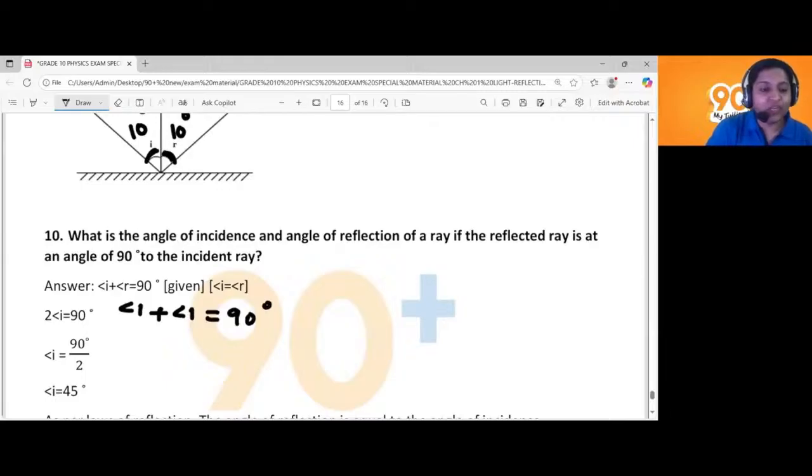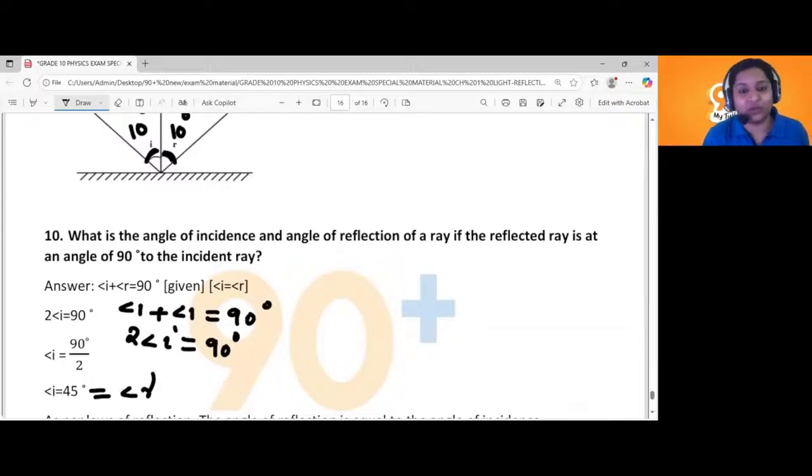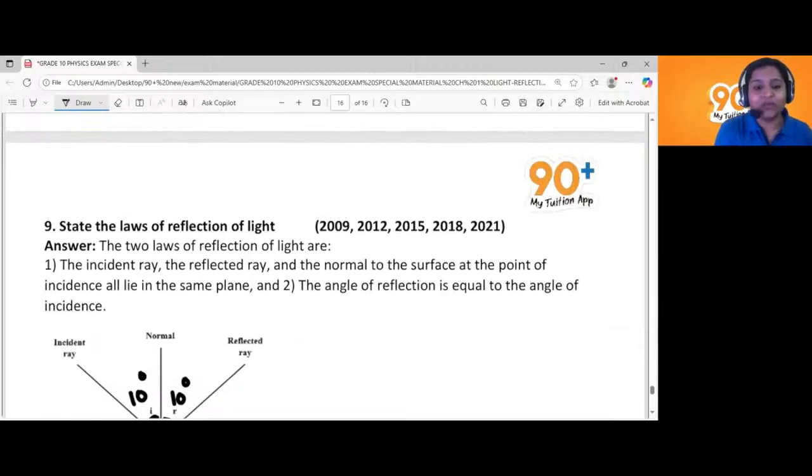Which means 2 into angle I is 90 degree. From there, it's easy to find angle I. Angle I is 90 divided by 2, which is 45 degree. If angle I is 45, angle R will also be equal to 45 degree as per the law of reflection. That's it. But the only thing is we have to form a statement like this: angle I plus angle R is 90 degree. Okay. So students,